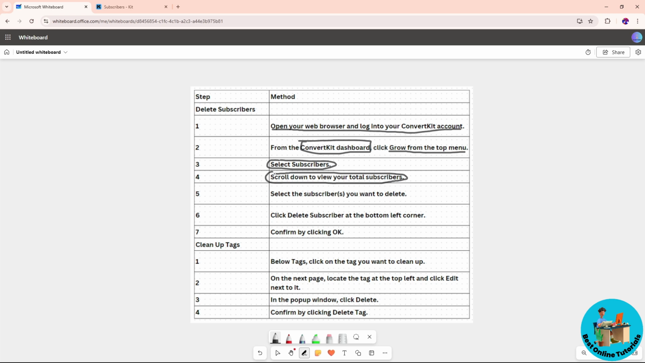And from there, just simply go ahead and select the subscribers that you want to delete. And after that, just simply click delete subscriber at the bottom left corner of the screen and just simply confirm by clicking on OK. And now if you want to clean up tags as well, you can clean up tags